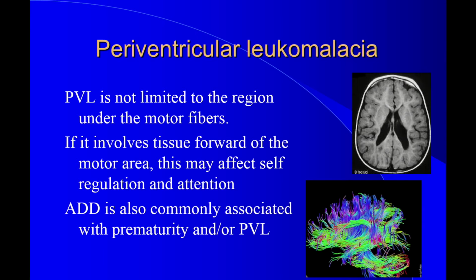And if the PVL, for example, involves a lot of the tissue more in the front, if we looked at this area and we have these big tracts, these massive long tracts, you can see that they go long distances to pull the brain together. This is the area which organizes the human being, and the manifestation really common in PVL is attention deficit disorder. People have difficulties with concentration, organization. So another big manifestation of PVL, independent of the motor, is ADD, which is common among people with prematurity.